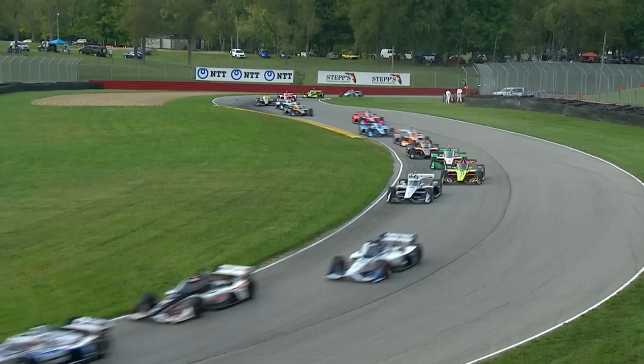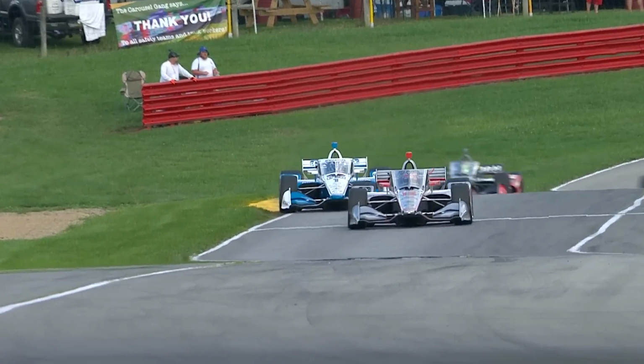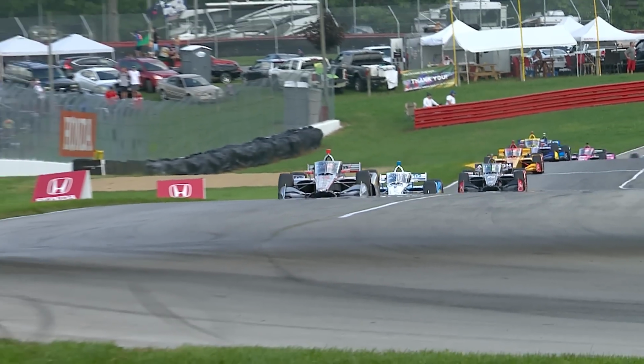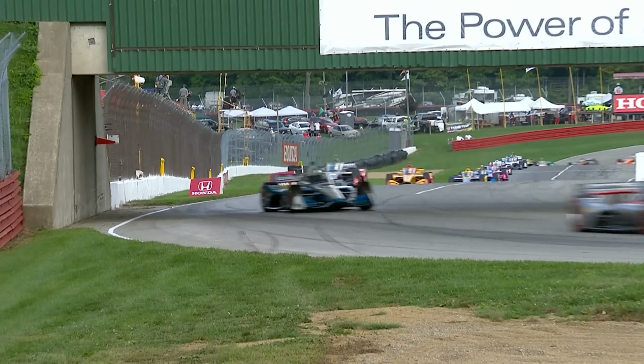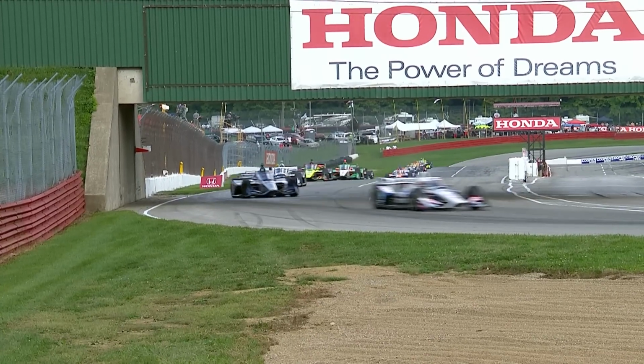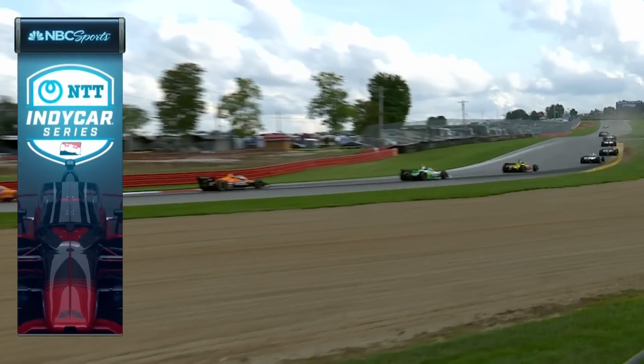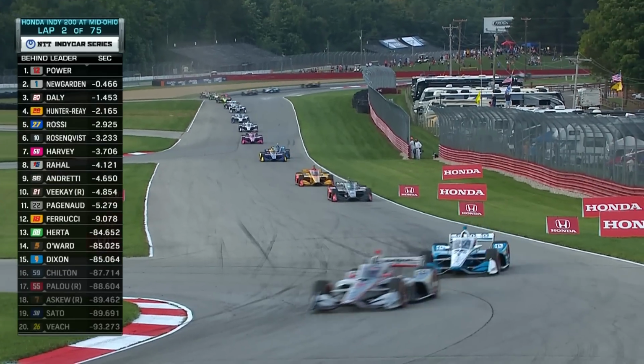So a lot of action in the back. Dixon's got to be careful here. Busy, but a relatively clean opening lap. Power, Newgarden, Daly. What a start for the US Air Force Chevrolet. There he goes. Connor was so thrilled after qualifying, just talking about how many gains they've made on the road course package at